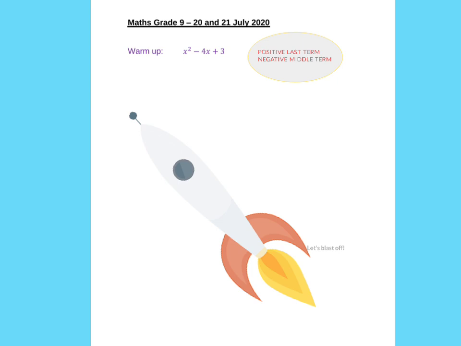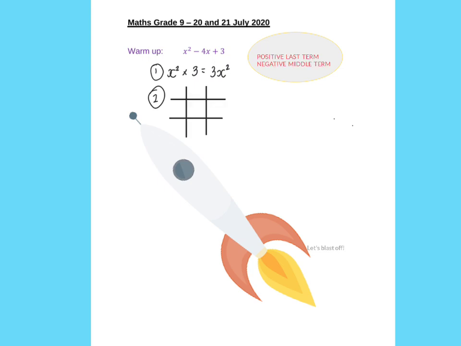So the warm-up done here. Remember we had steps that we had to follow. Step 1 was you multiply the first and last term. So that would be x squared multiplied by 3, which gives you 3x squared, and that's what's going into our table. It's quite simple because 3 is a prime number, so 3 and 1 are the factors that we would have available. So we're looking for